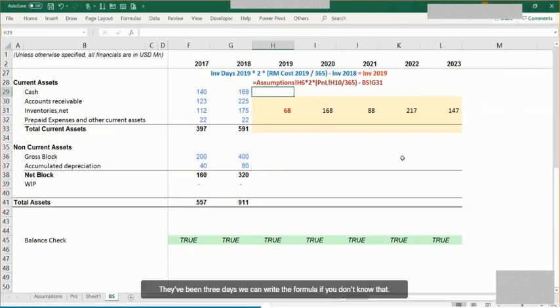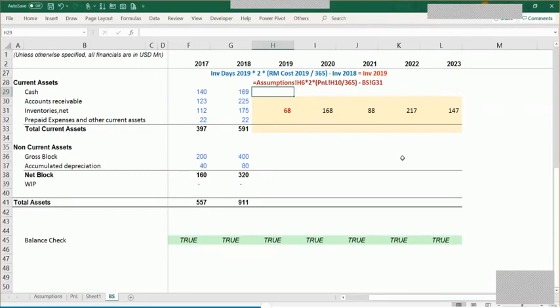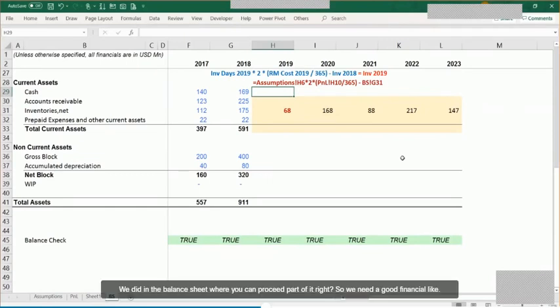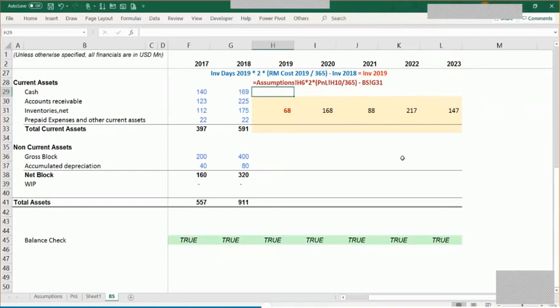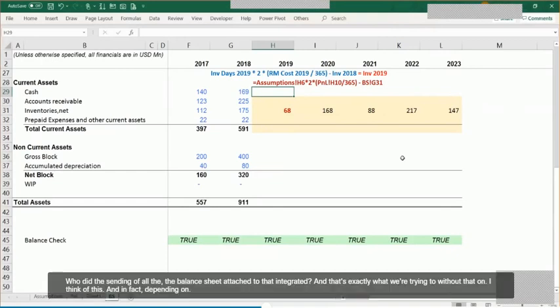If you don't know how the net profit is treated in the balance sheet, where you move it, we can't proceed further, right? So we need a good financial acumen. We need to have a good understanding of how the P&L, balance sheet and cash flows are integrated, and that's exactly what we're trying to see here. Without that understanding, obviously,